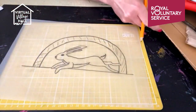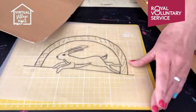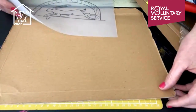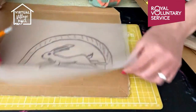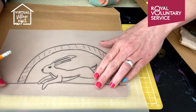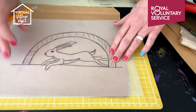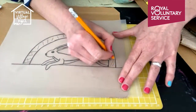So now I take a piece of card. So this can be quite a strong piece of card, because this is going to form the base of the collage. And then just over to one side. Actually, I'm going to leave a little bit like that because I want to put some grass area in here, give it a bit of texture. Then I just need to go over again